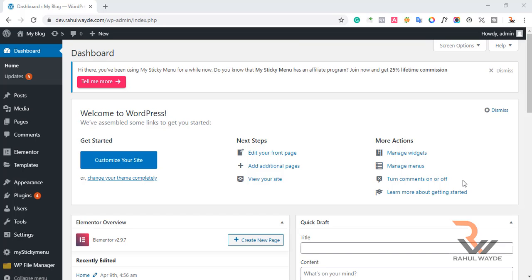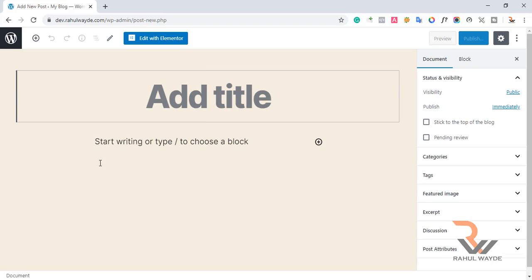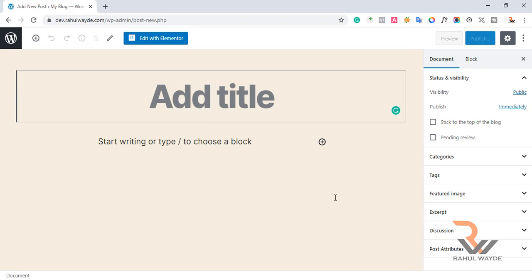So let's go to our add new page section, where we will see all the features which are available in the WordPress 5.4 version. So I will go on post and then click on add new, and now you will see the screen gets converted into full screen. Right now you will see that first there was a menu on the left side, which is the WordPress admin menu, but now after the 5.4 version the editor goes full screen. Now there is no left side menu here.